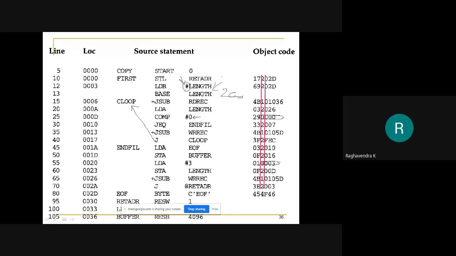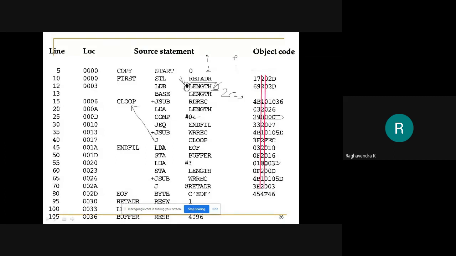If it is a label, then we are setting the I value to 1, of course, but along with that, we are supposed to set the PC or base bit, depending upon the displacement. So we're supposed to set the P value to 1 and calculate the displacement, which we did in this particular case.